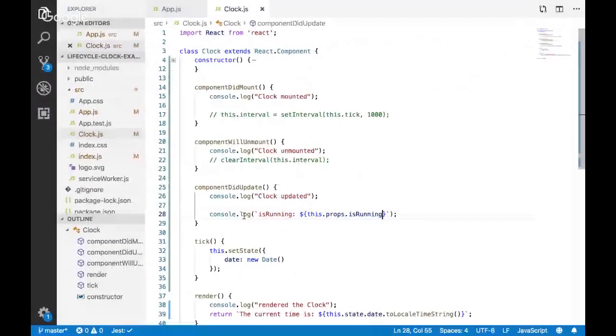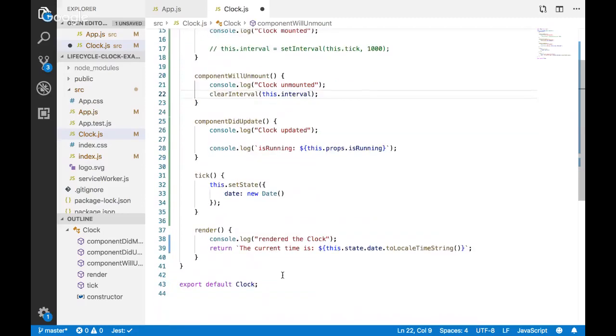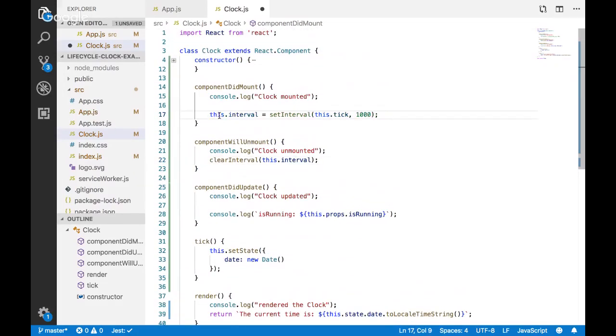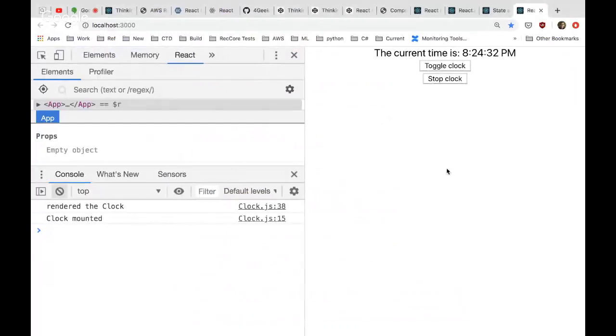That's great. And now we could bring this back if we want. Let's go ahead and bring our intervals back. Yeah, it's going to get a little spammy. Maybe I'll slow them down so this clock only ticks every 3 seconds. But what we'll see is running is going to be true.